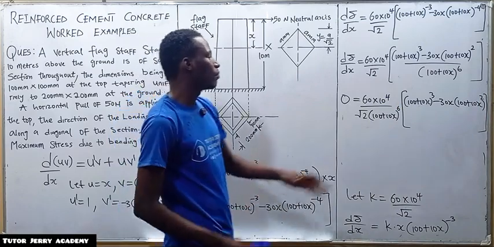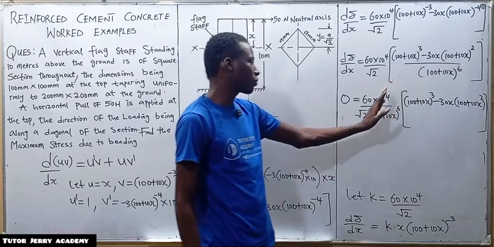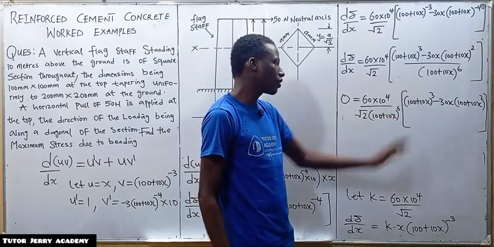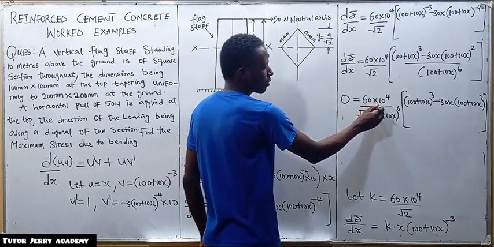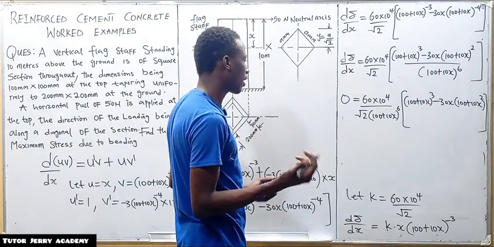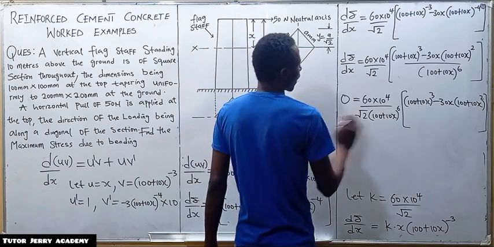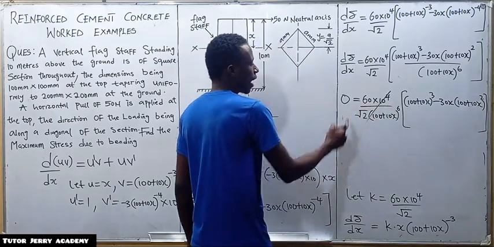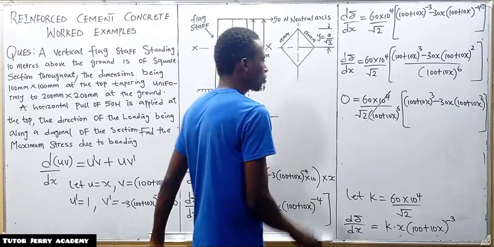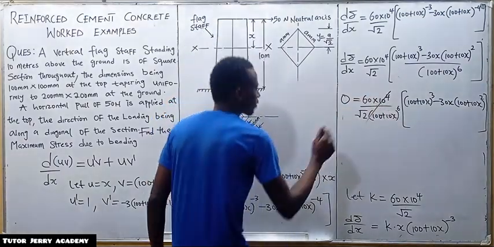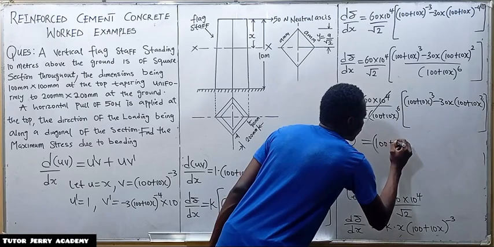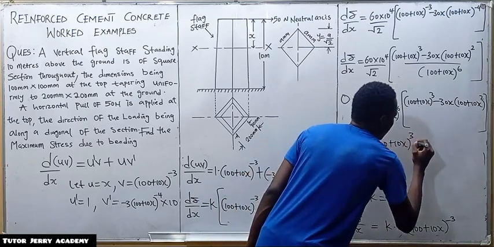Now if I divide both sides by 60 multiplied by 10 to the power of 4 all over the square root of 2 multiplied by the bracket of 100 plus 10x all to the power of 6, you realize that 0 all over this will be gone. We don't need to do that. Just know that when we divide both sides by this, this will cancel, and 0 all over this will cancel. So we have 0 equal to what we have here. Just divide both sides by this. You will get 0 equal to the bracket of 100 plus 10x all to the power of 3 minus